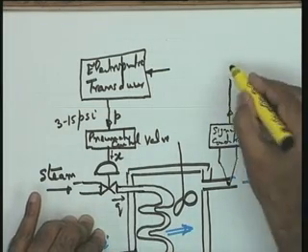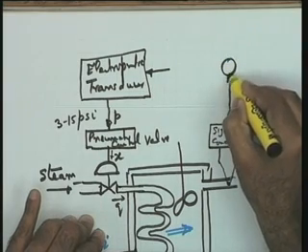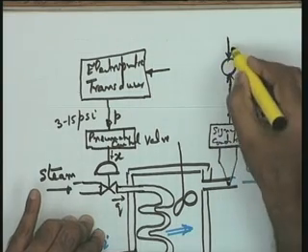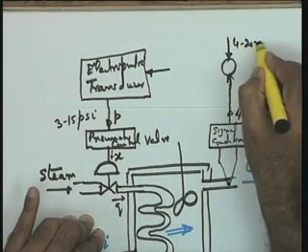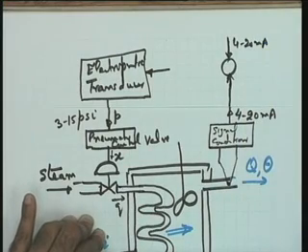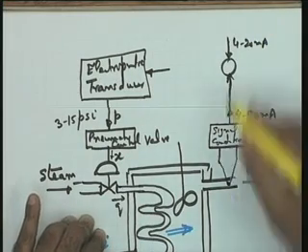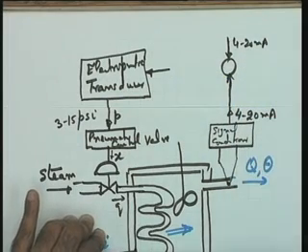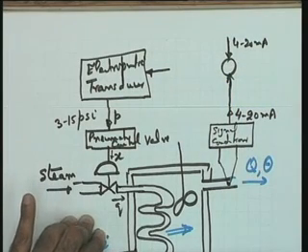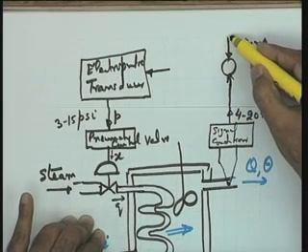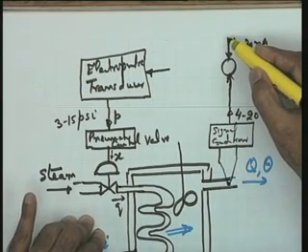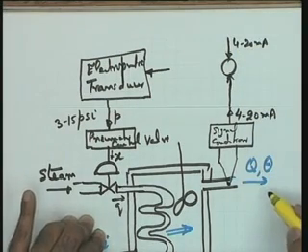Now, this is going to be compared with a 4 to 20 milliamperes reference signal. Again, a suitable voltage to current amplifier will be required. This effectively is a voltage comparison, but in the block diagram there is no harm if I take it as a current comparison. So, this current here is your reference current which corresponds to your command signal.